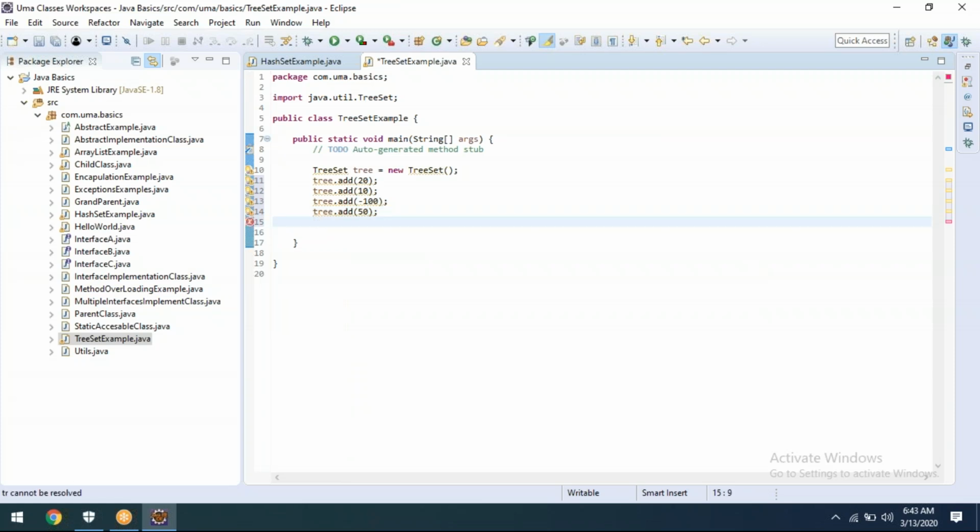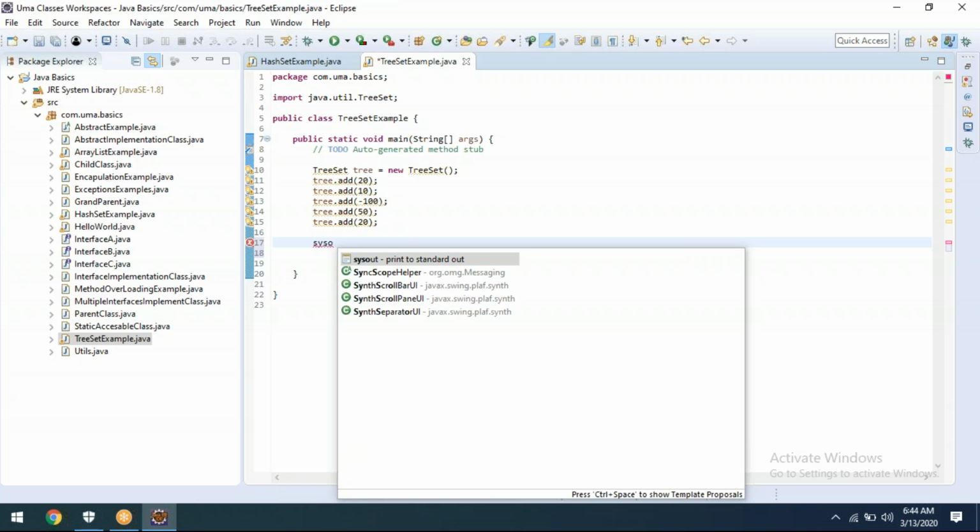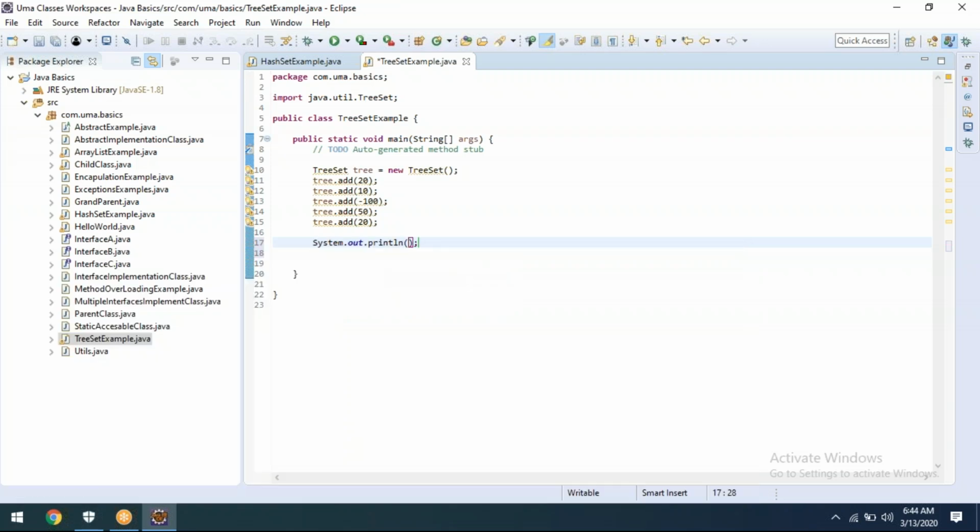There is a problem, I'll tell you. These are the 4 values. Let me assign another the same 20. It won't take duplicates, only a single 20 it will take. Now System.out.println, I'm printing tree. Now let's see what.